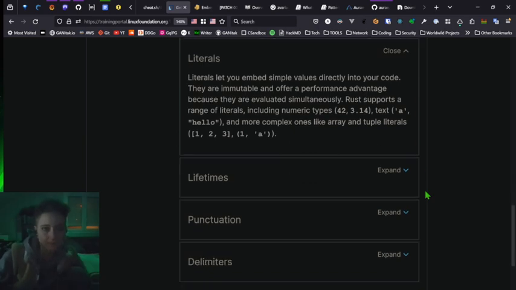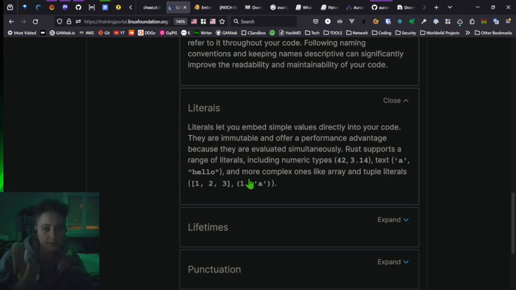Literals. So literals let you embed simple values directly into your code. They are immutable and offer performance advantages because they are evaluated at compile time. Rust supports a range of literals, including integer types like 42, floats like 3.14, and text, with characters like A, or